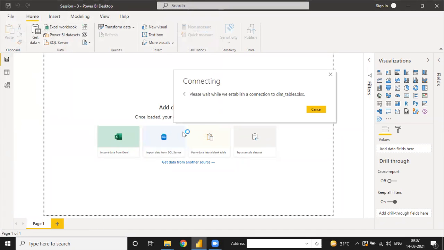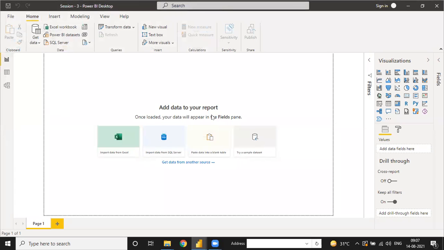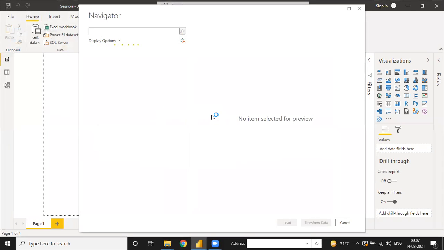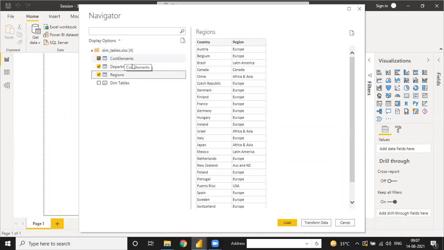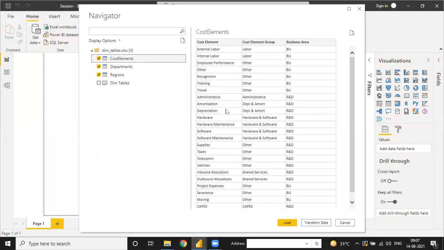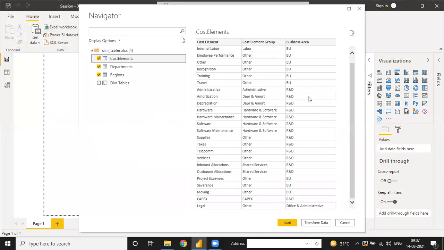Now it will take some time according to your data. If the data is larger, it will take more time; if your data is smaller, it will take less time. Under the dim table, we have three tables: cost element, department, and region. When you click on cost element, it shows the preview: the cost element group and the business area.